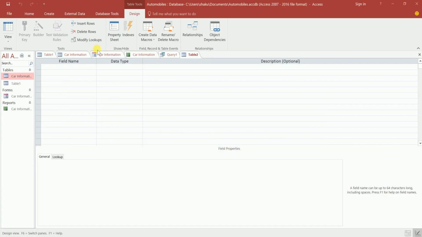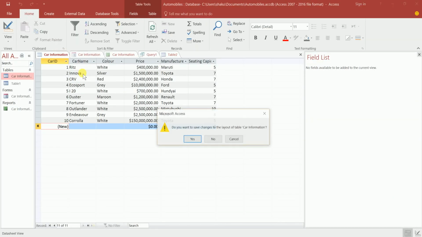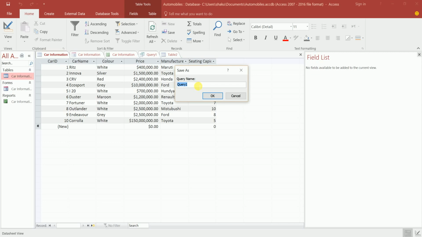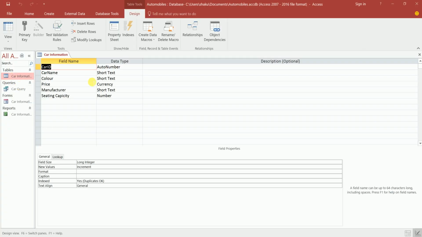Okay, so my table is already open here. I have to close all the tabs here. If okay, I say yes. Let's say query 1, I will save it as, and I say okay here. Now this car information, I am going to the design view so that you can understand the structure of